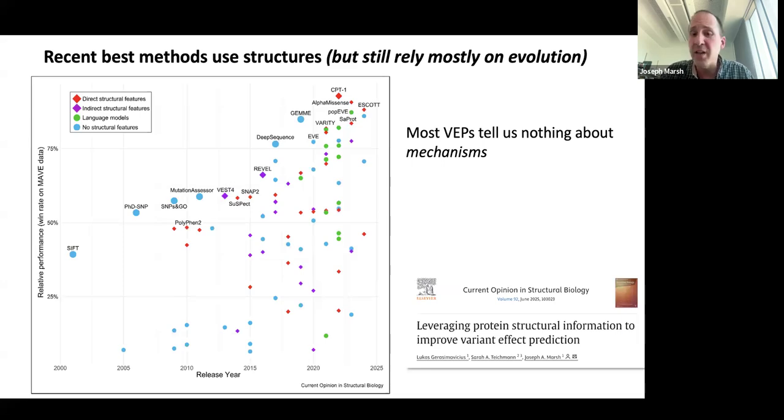The other ones to highlight, in green, are these protein language models. So CPT1 has a language model as part of it. AlphaMissense kind of has a language model in a way, but things like PopEVE and the ESM, the other ones in green, are just pure language models that we know can now sort of predict structure, but they don't directly include structural information. So the important thing here, though, is that these variant effect predictors, even though they're doing great at predicting disease mutations, and they include structural information, they actually don't tell us anything about molecular mechanisms. So they don't tell us how the variants cause disease. And that's what we're really, really interested in.